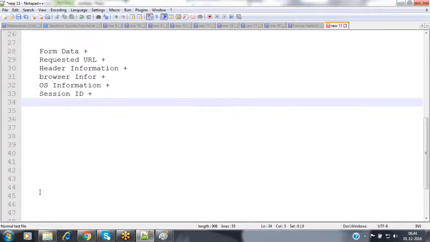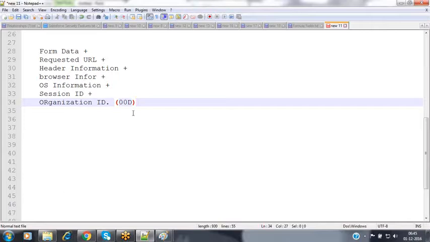Whatever session ID has been generated by the Salesforce application upon logging in, that session ID also will be forwarded. And along with that, it sends your organization ID also, whatever organization you are associated with, because each and every Salesforce account is nothing but a Salesforce organization. Each Salesforce organization has a unique identification number, which starts with 00D. So Salesforce allocates one unique identification number for each organization with the name organization ID, and this organization ID also is forwarded along with your request.